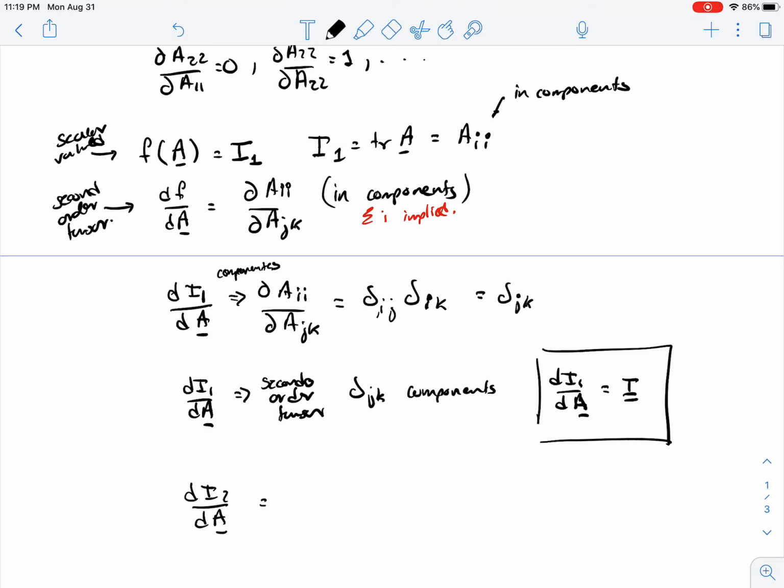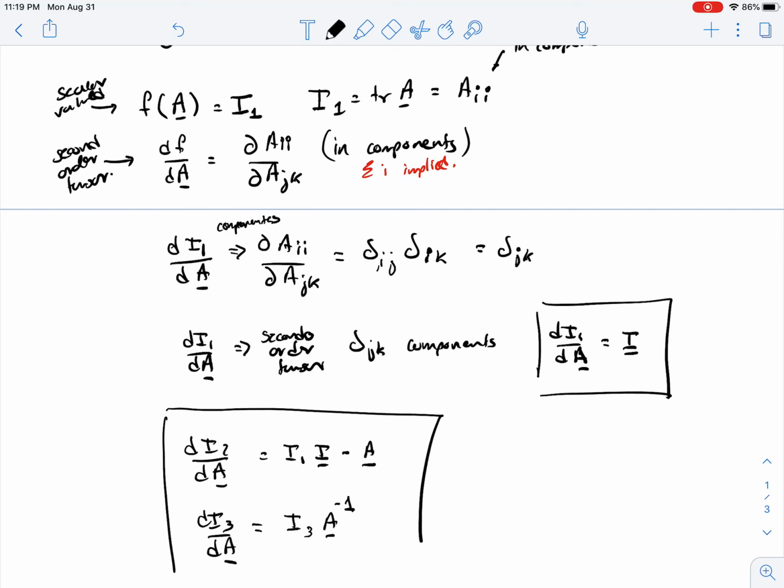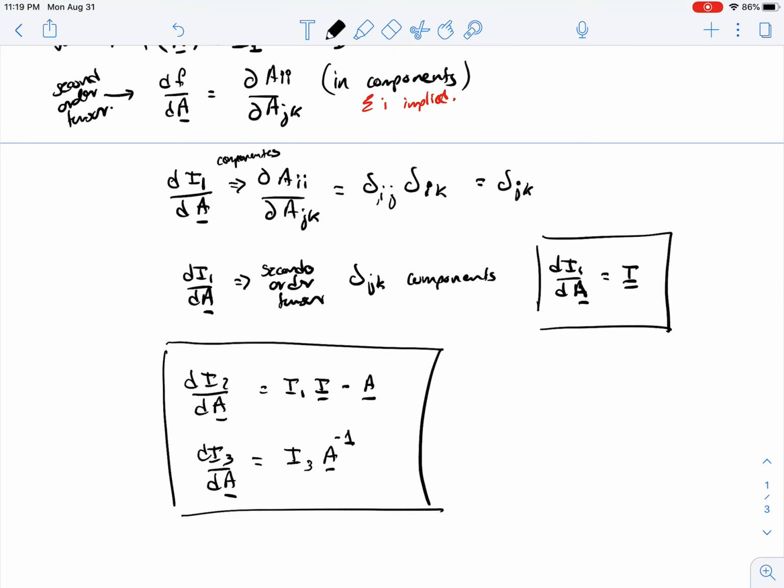And then there are other derivatives. For example, the derivative of the second invariant of a tensor with respect to the tensor would be the first invariant times the identity minus the tensor itself. And then the derivative of the third invariant with respect to the tensor A would be the third invariant, which is the determinant, times A inverse. So these are some